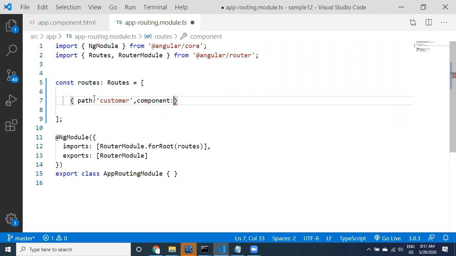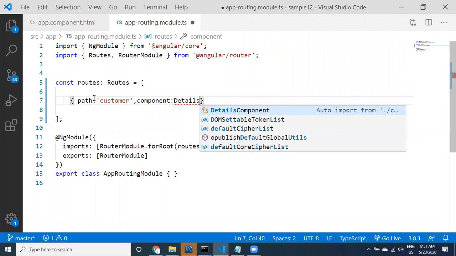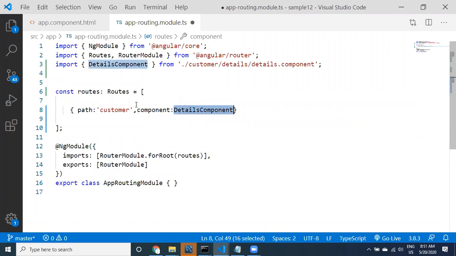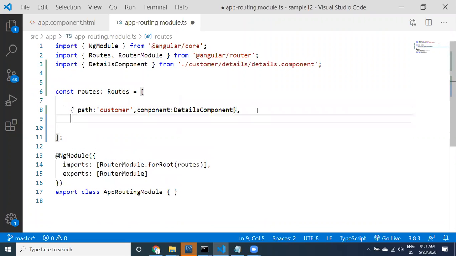What is the customer related component? Details. The details component is from the customer module. See here, from this details component. Just first I'm going to provide it like this.